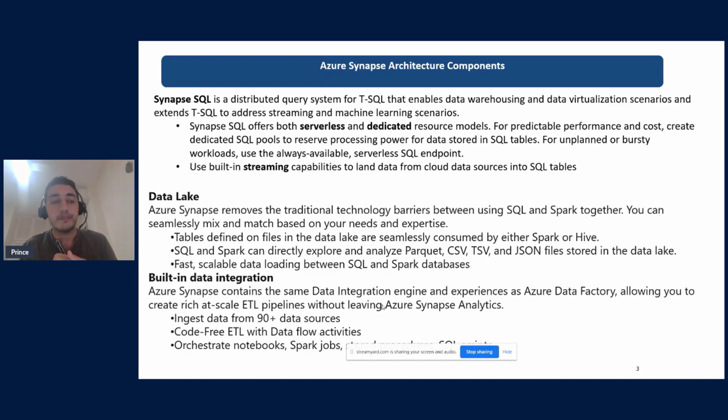You can define tables. In a serverless SQL, you can define the metadata, like your views and external tables, just like a table on top of your CSV, Parquet or JSON file, which you can then query in a better manner from Power BI systems and all those things. So it just creates an external metadata layer